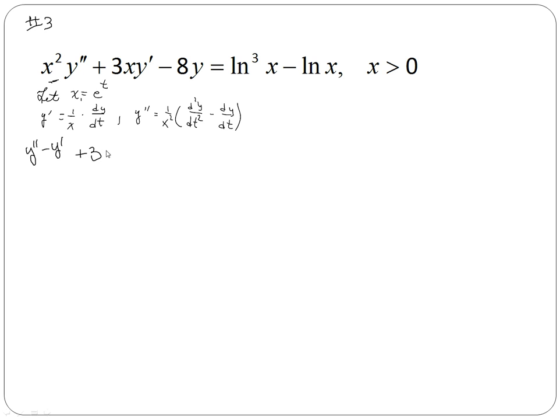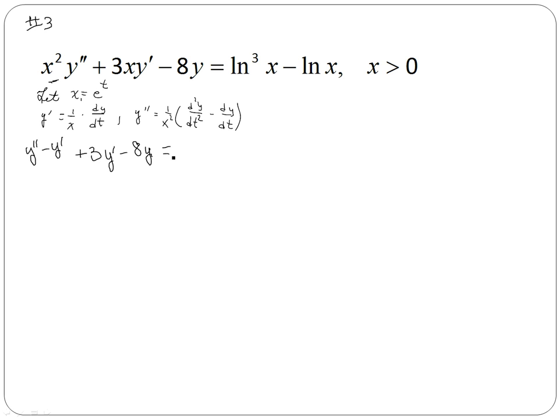So this would be 3 times, I'm going to call it y prime. In this case, y prime is not dy dx, but is dy dt. We're writing this in terms of t. And then minus 8y